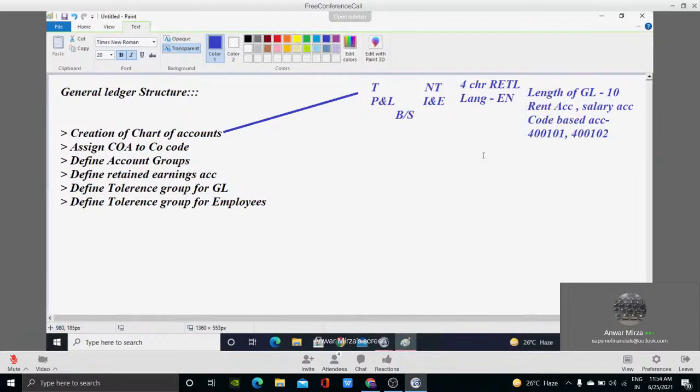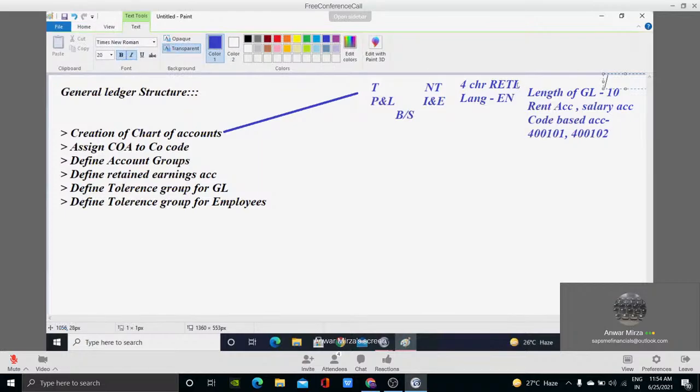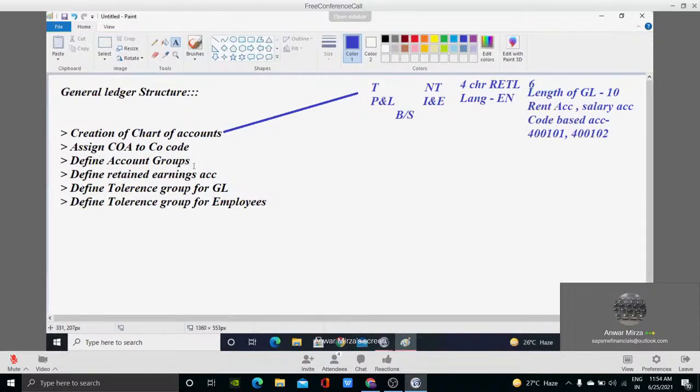So at the time of creation of the chart of accounts, you have to mention the length of that code. Here I have taken 6. Suppose at the time of creation I have selected the length as 6 characters. So now the series will be decided here. Don't worry about this, it will get clarified in your third point. After that third point, you will be able to design a solution for any global client. That's for sure. The example I have taken here is 6 characters.